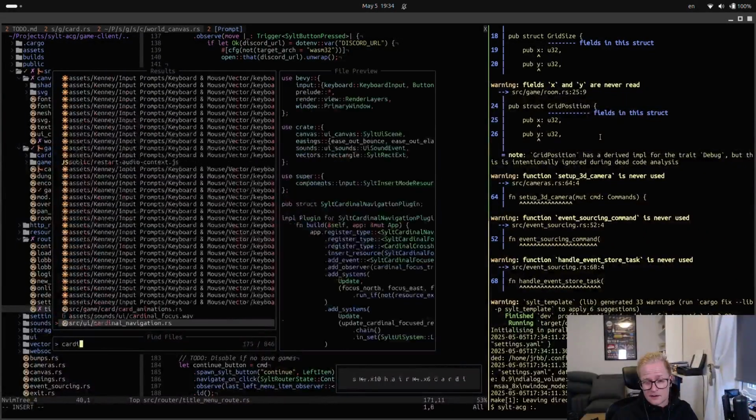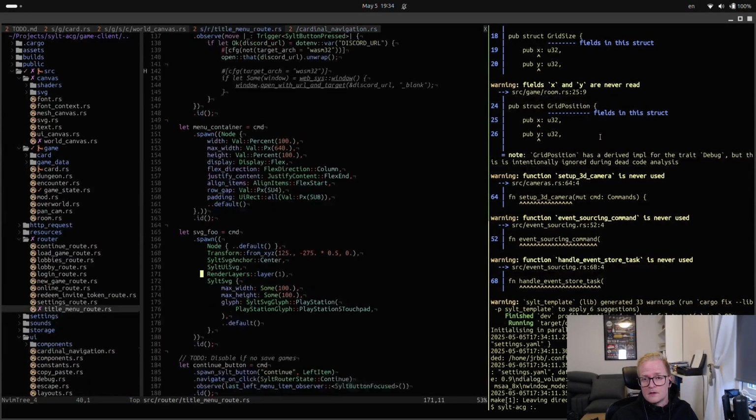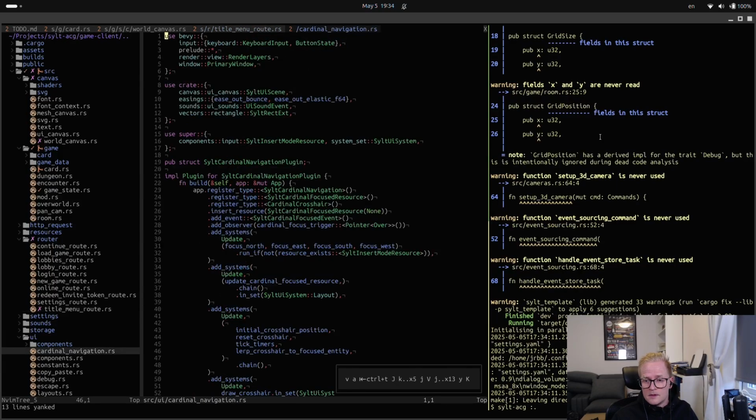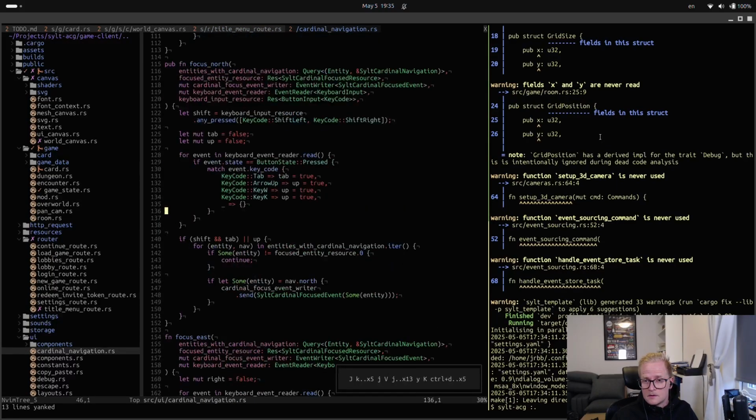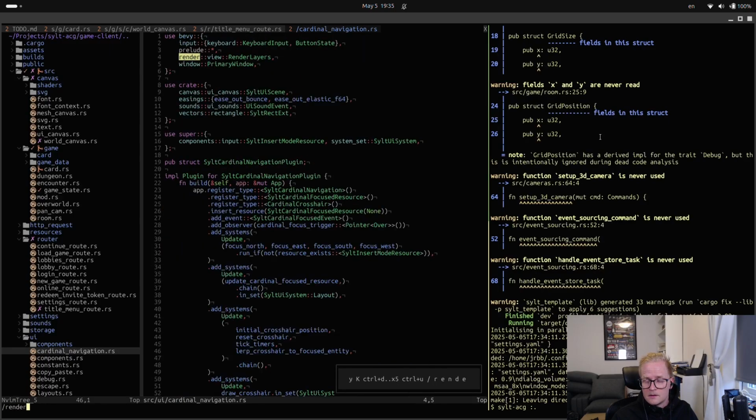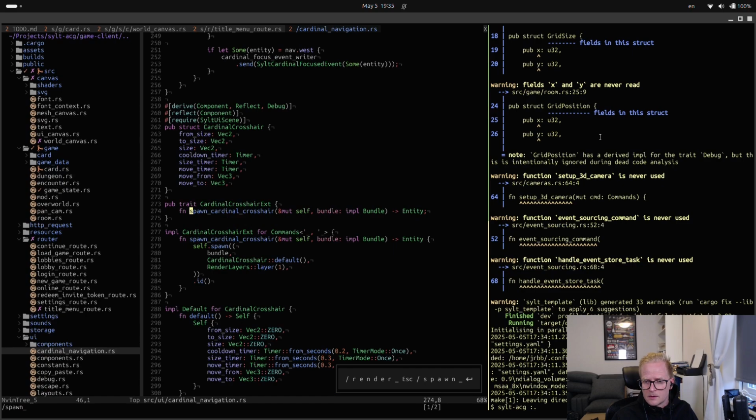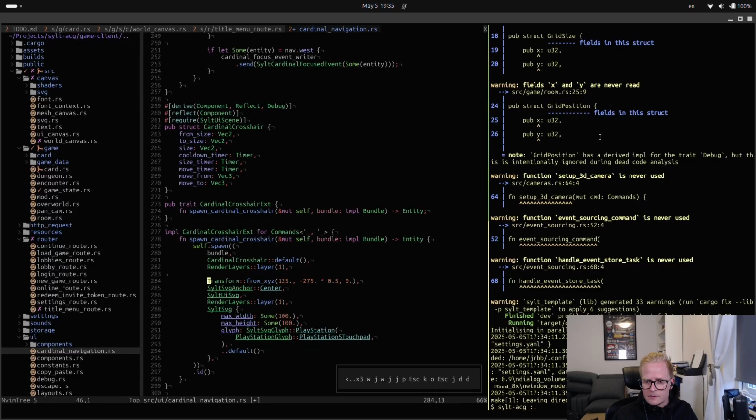And that's cardinal navigation. So I'll just take this and I'll add it to render or spawn. There we go. Here. So I spawned crosshair. So if I just spawn an SVG here as well,